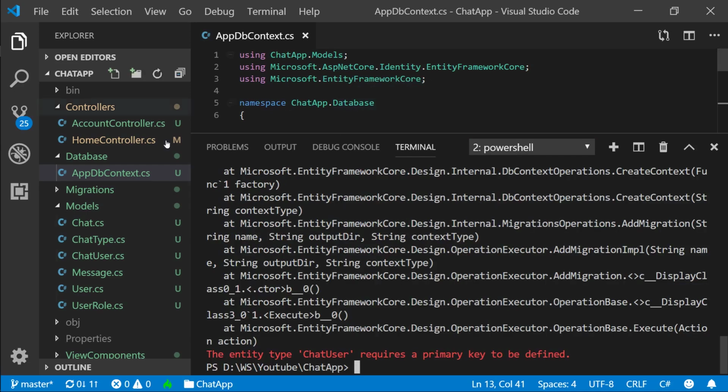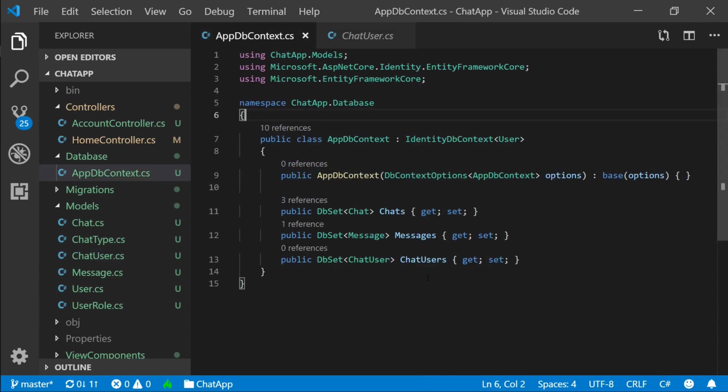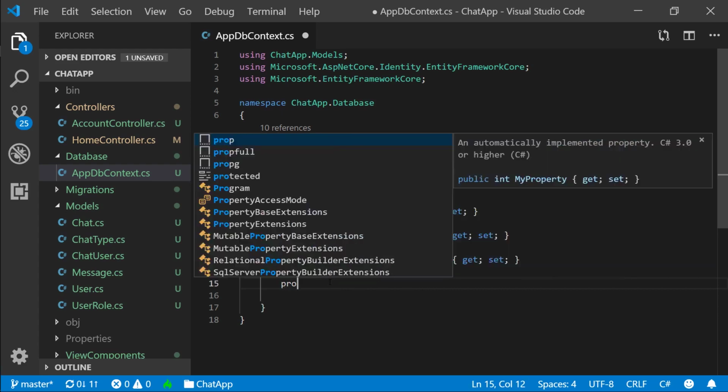Okay, so it requires a primary key to be set. That is alright. So our chat user, since it's a many-to-many relationship, we don't have a primary key. What we do have is a composite key. And the thing with the many-to-many relationship, a user cannot be in the same room twice, right? So there can't be two links that are identical. So basically, we are gonna make a composite key out of user ID and chat ID. So what we have to do inside our AppDBContext class, all we'll have to do is basically override a method that will essentially help us configure the relationship for chat users, right? So let's go ahead and say